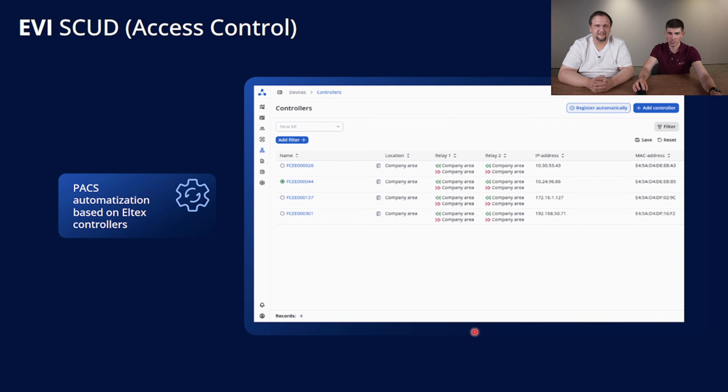The access control module, again, it's called SCOD. It's only required when you want to organize checkpoints at your perimeter, and this one also has a user interface for the manager of the system that gives you a wide range of capabilities. Yes, the main purpose of the EVI SCOD module is the setup and management of all our